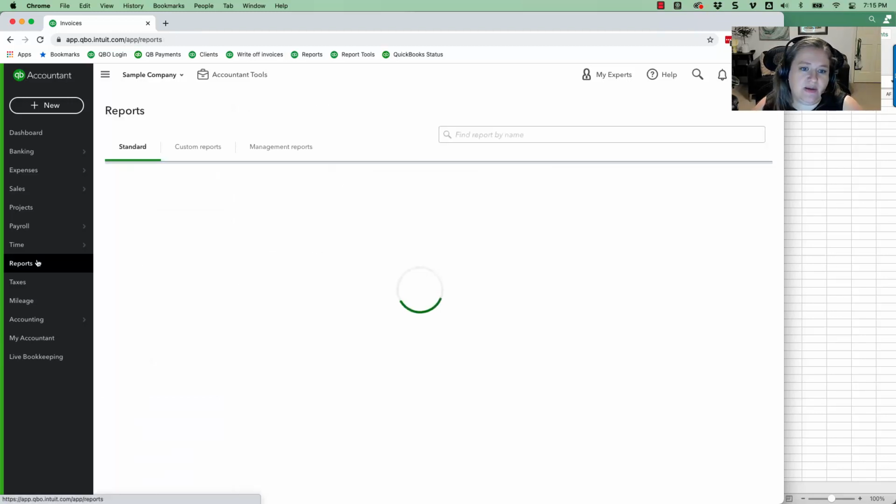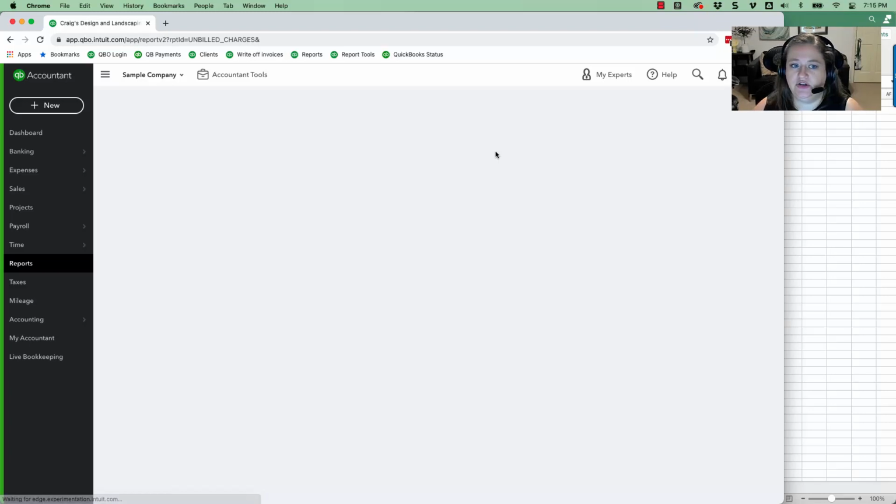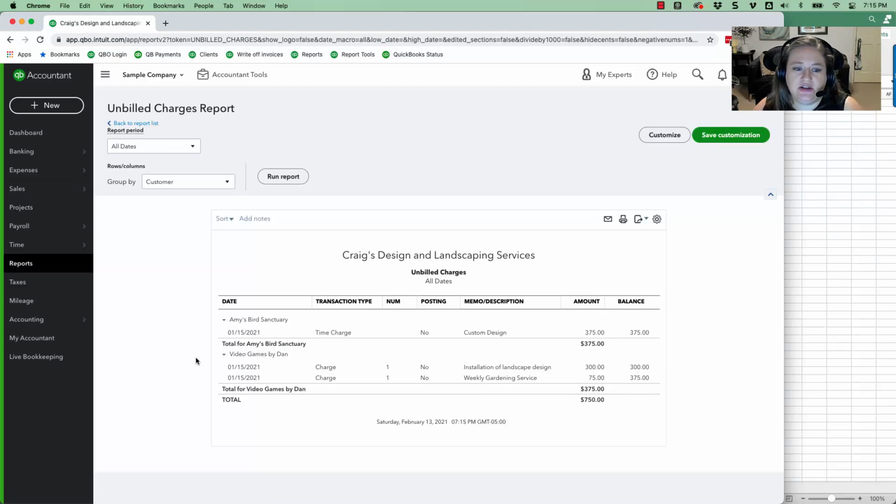Another thing, maybe they do use billable expenses. So I can run in here and do unbilled charges and look at those. Now you can't really look at it as of the end of the month. You can't change that date here, but you can see what's sitting out here. And I can see things are from January 15th that haven't been invoiced yet. So is that something I need to talk to the client about,